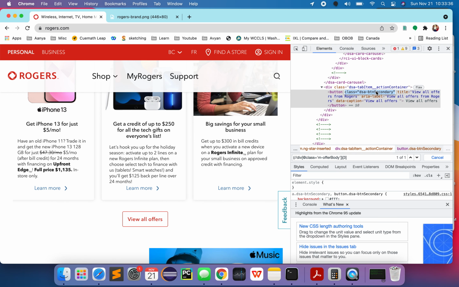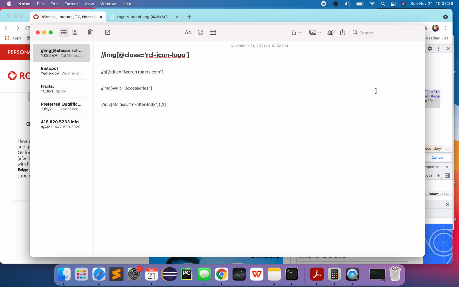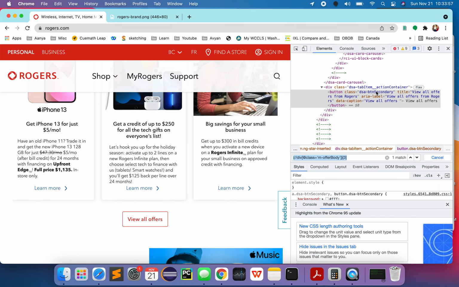I'm pretty sure if I just do this, I can uniquely find it: forward slash button, box bracket, and then at the rate. Copy this, Control F, Control V, single quote and single quote, and it found this button.